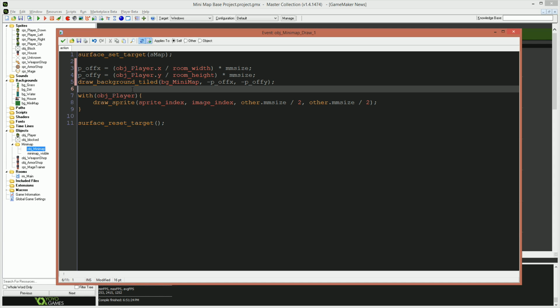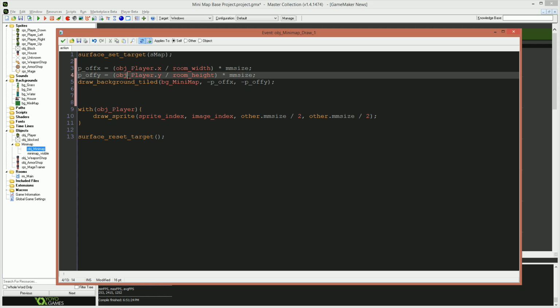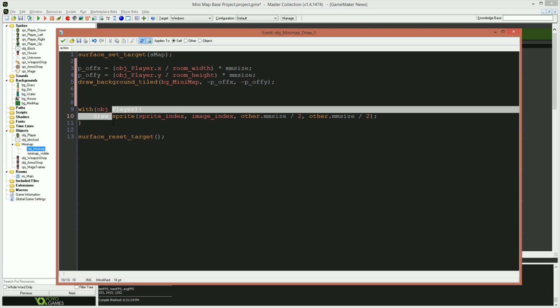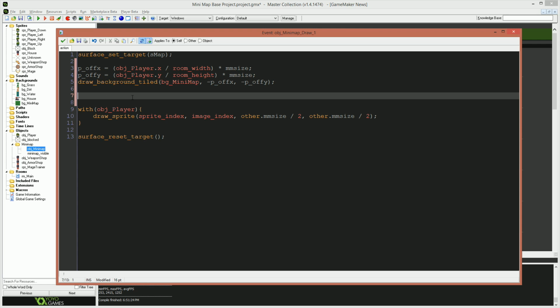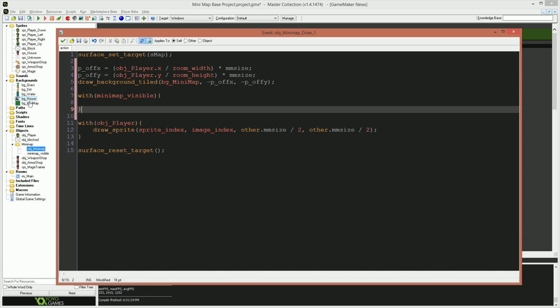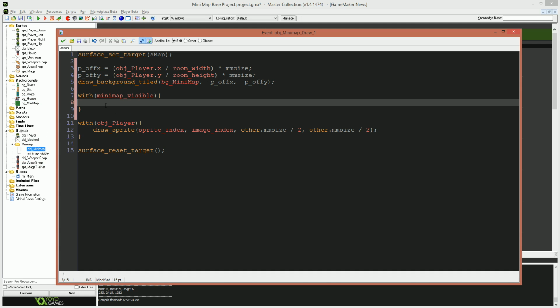So what we need to do is, between that background and under and above the player, we're going to do another with statement. So it's with minimap_visible. So anything that's visible on the minimap, in my case here, it's the 3 different types of houses, but in your case, it might be NPCs, it might be quest markers, it might be whatever you have in your game that you want to be visible. We want to draw a sprite,